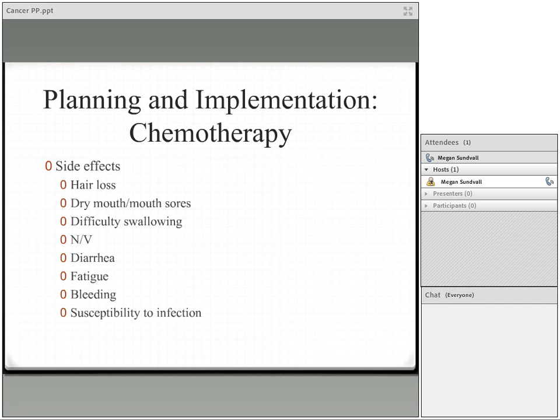Other side effects they can also see are myelosuppression, so this is the decrease in the amount of red blood cells, platelets, and some white blood cells. So here you're going to see problems with anemia, thrombocytopenia, and neutropenia. So make sure that you take a look at what are normal lab values for red blood cells, platelets, and white blood cells. What are we doing to treat, or what risk factors would you see with low hemoglobin, low